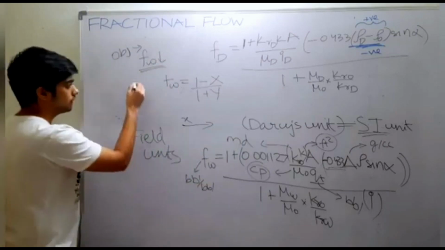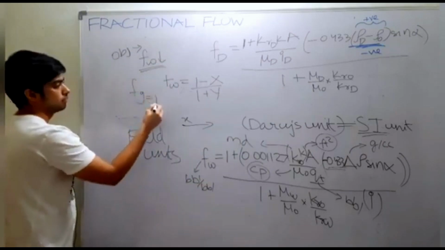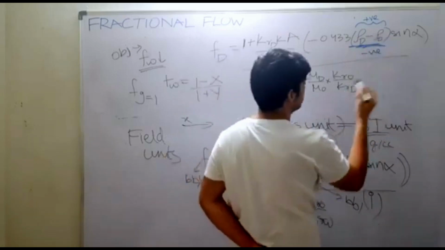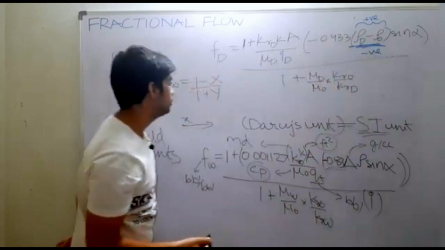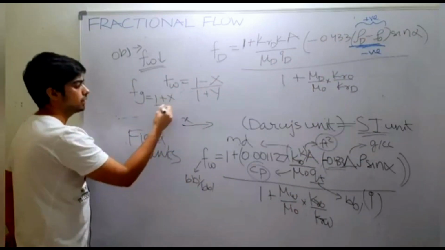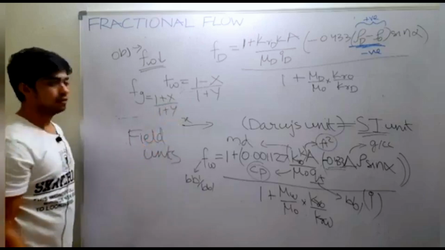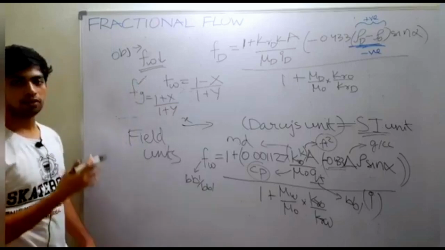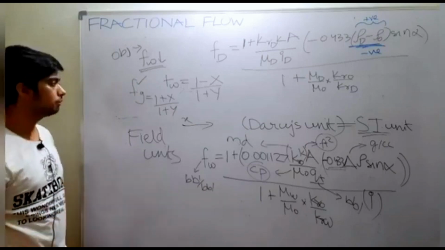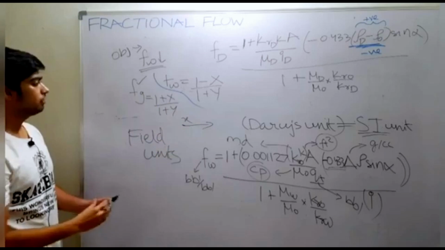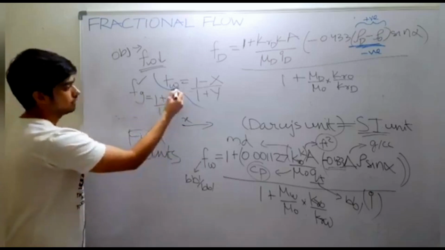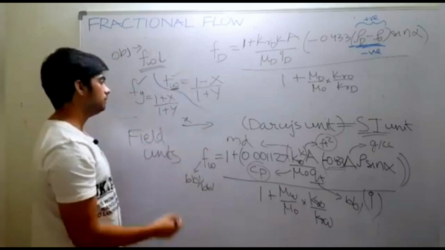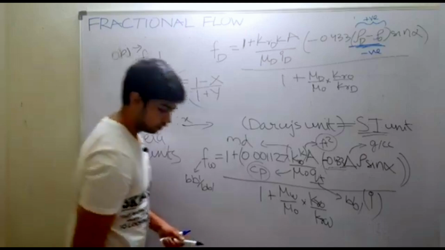Now what will happen in case of gases? This thing will become negative. Density of gas minus density of oil is negative. The negative will get cancelled out, and you will obtain 1 plus x divided by 1 plus y. So what you can see is that fractional flow is higher. We can make a general statement: depending upon the cases, the situation can be different, but we can generalize that the fractional flow of gas is higher than that of water. So that is why we usually prefer the water flooding process. This is something which is not that widely used.